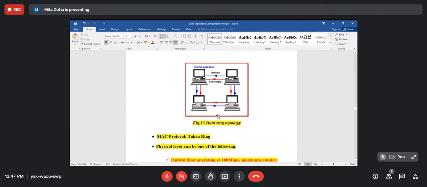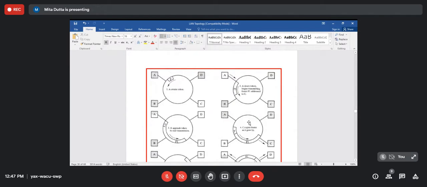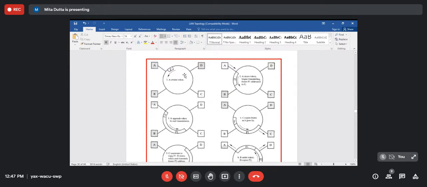And here also the protocol will be token ring, but it is slightly different. This difference is shown here, which is equivalent to early token release. Now suppose the signal, or token, is circulated in a counterclockwise direction. Here the signal may be clockwise or counterclockwise, and here we have assumed it is a counterclockwise transmission of the signal or the token. Now say station A takes the token. It will transmit the data frame, and as soon as it completes the transmission of the frame, it will release the token. So at the end of transmission of the frame,